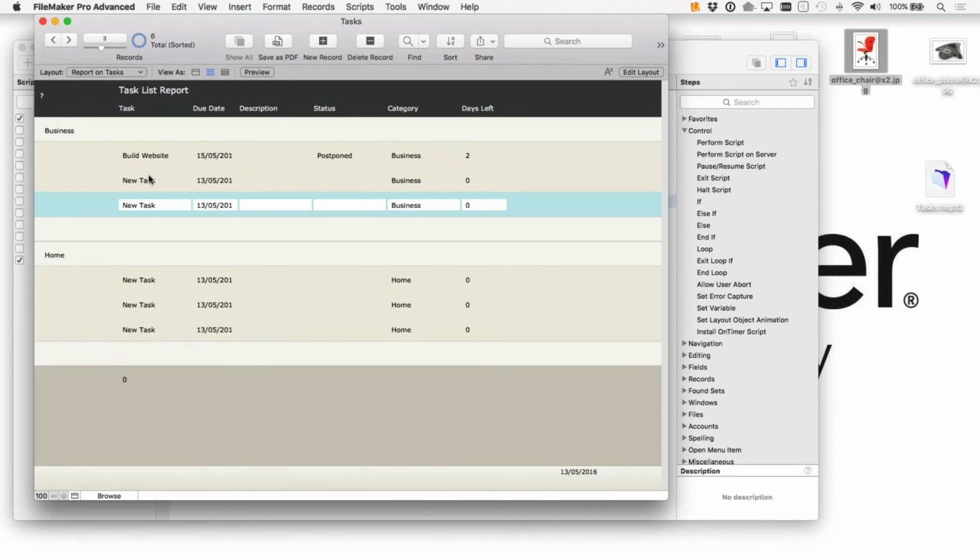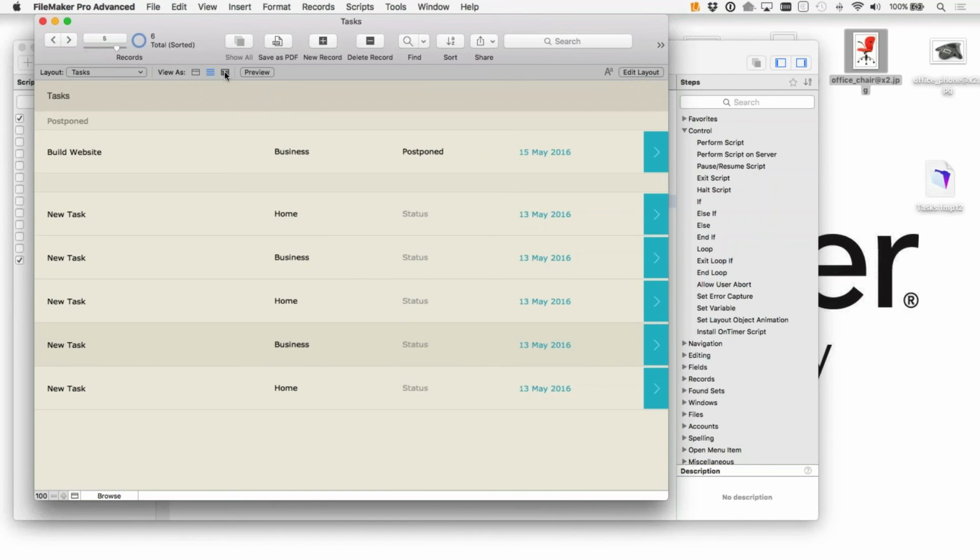Okay, so it's pretty simple, a brief overview of creating a little sub-summary report, but you can see how you can start adding some nice little reports into your system to help with the business intelligence. So the other thing that's quite nice is, of course, a chart. So let's have a look at